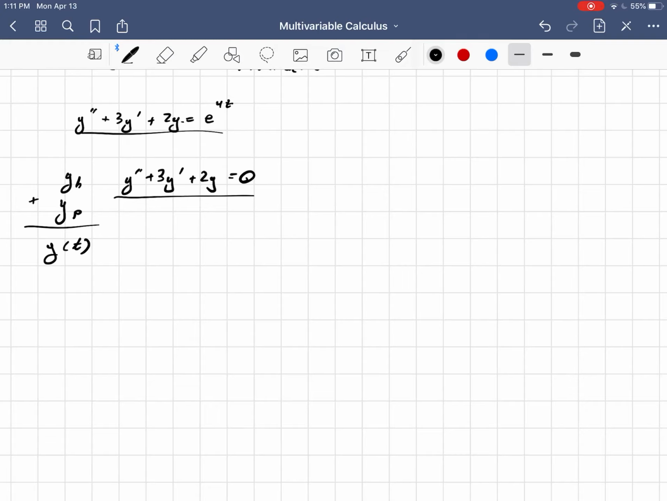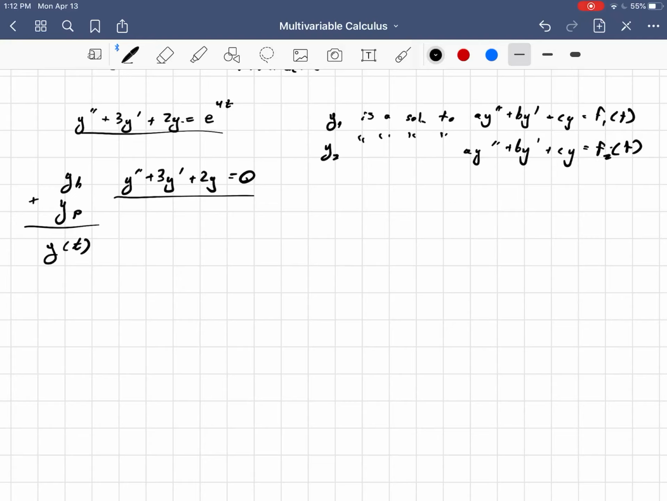it's really the superposition principle. If I have an equation here and I have an equation here, and notice that 0 plus e to the 4t is e to the 4t. So what the superposition principle says in general is that if y sub 1 is a solution to ay double prime plus by prime plus cy equals f sub 1 of t, in this case f sub 1 of t is e to the 4t, and y sub 2 is a solution to ay double prime plus by prime plus cy equals f sub 2 of t,